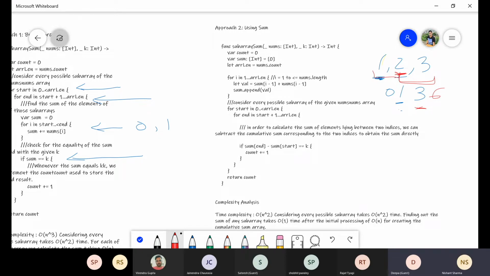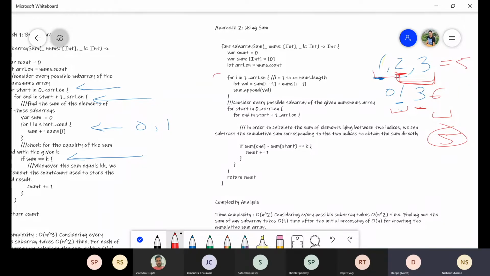So sum of 1, sum of 2. Basically, I have a sum of 1 and sum of 2. So I just need to subtract sum of 1 from sum of 2, and we will get the value of our difference. Basically, the total sum till that particular point, which is this 6 minus 1, will be 5. And if I see the sum of this subarray, which is also 5, I can see that logic.